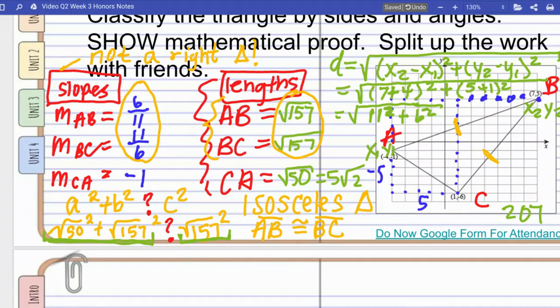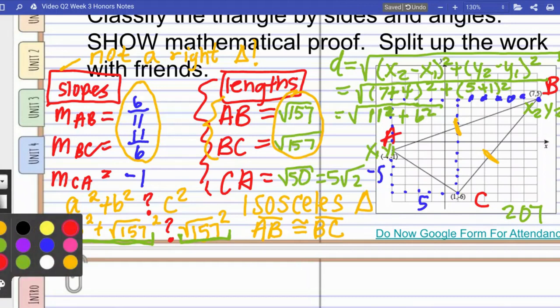So is 207 less than, greater than, or equal to 157? Hopefully you're saying greater than. If it's greater than, that proves that this triangle is an acute triangle. So this triangle's special name